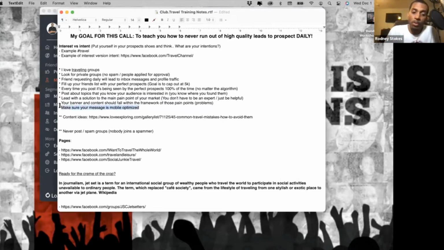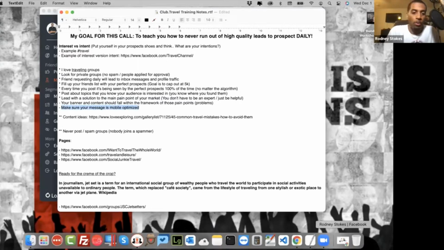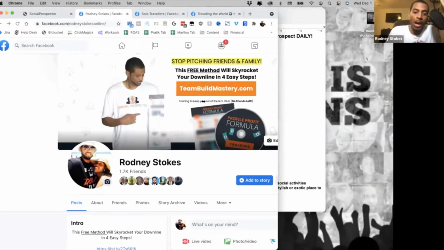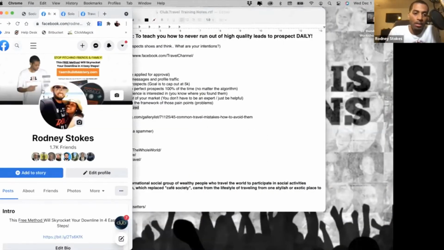Again, this is important right here. Your Facebook profile. You want to make sure that your profile is mobile optimized. And this is a quick trick that you can do. I've been around for a while, so I know a lot of little weird tricks, but you can stretch your thing. You can bring your profile into as small as it gets. And a lot of times, depending on the site, Facebook's one of them, they'll show you how that page looks on mobile devices. And you want to make sure, again, I specifically